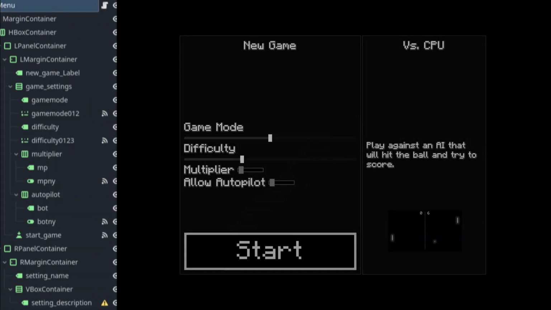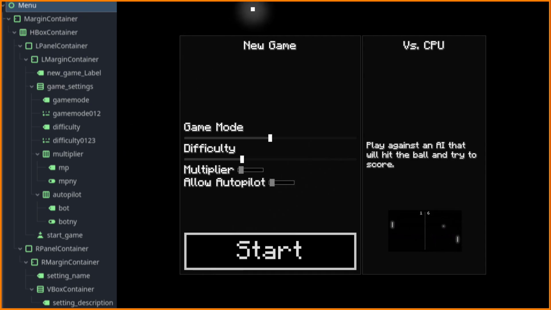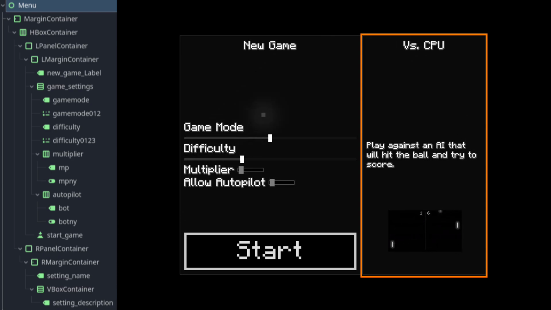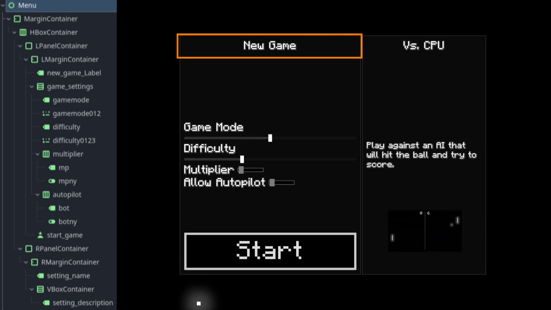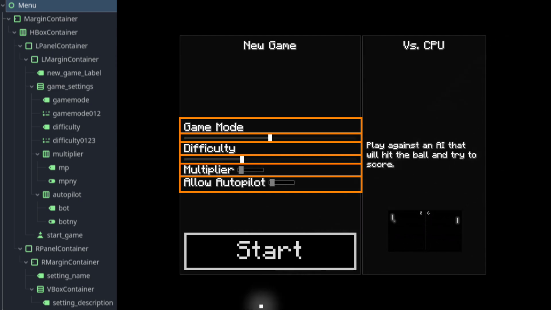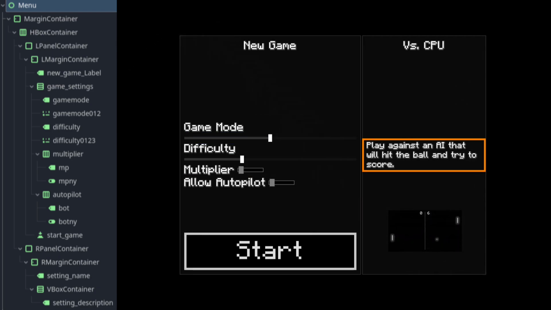The node setup is a bit overwhelming, but the result is quite nice. I had a root, a margin container, and an HBox container to enter the menu and divide the interface in both panels. Then I added two panel containers, and on each one I added a label node to caption. On the left, it will just say new game. On the right, it will have the title of the very first option I will have. On each panel, I added a VBox container on the left to manipulate the gameplay values using labels right before the UI elements, and on the right to add another label node for each setting description.